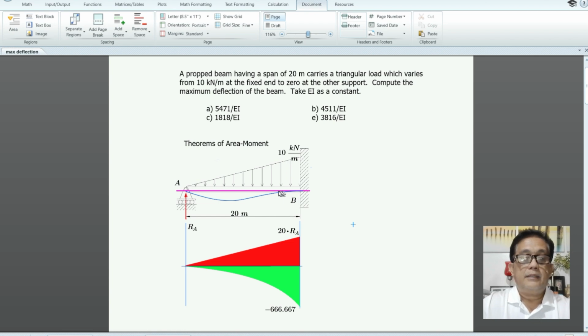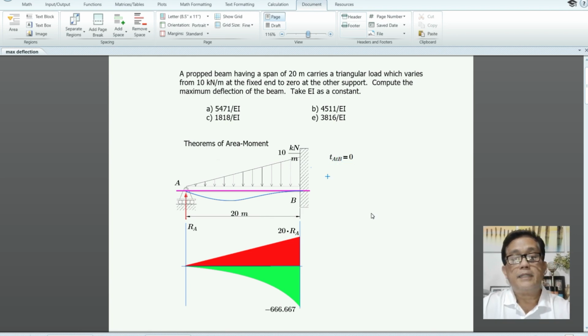Now I have sketched the elastic curve, this blue curve here. Starting at B, goes down and goes back. And then this magenta line is a tangent line drawn to point B. Since the slope here at B is 0, that means the tangent line is horizontal. So there is no deviation at A from a tangent drawn to point B. Starting at B, it deviates from the elastic curve, and then at A, it will eventually meet with the elastic curve again. So we can say deviation at A, tangent drawn to B equals 0.